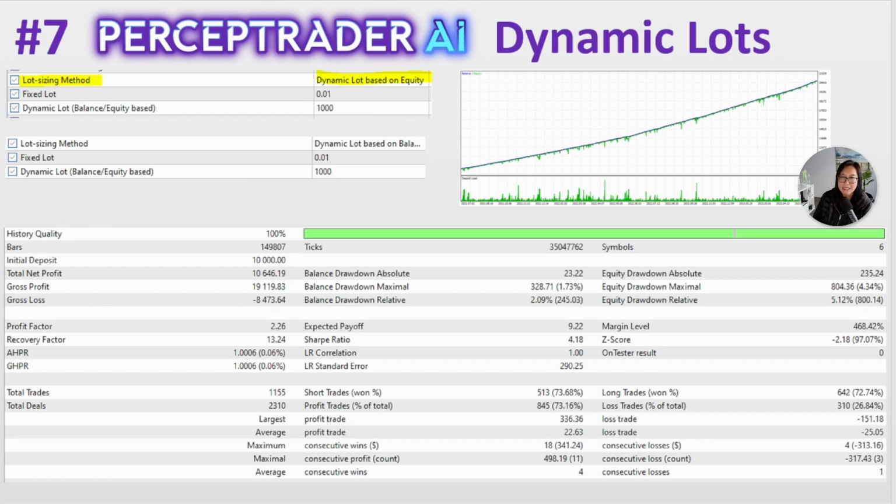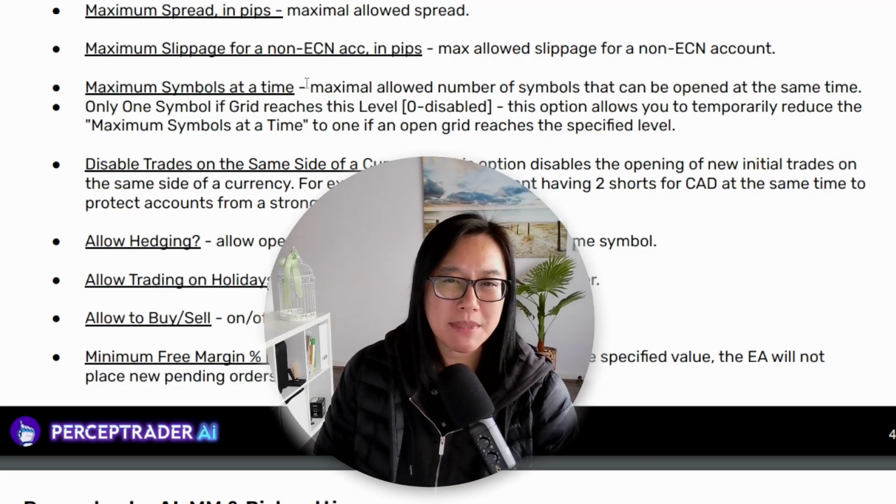Now you are starting to see an improvement in the profit versus the drawdown. This profit is $10,000, whereas our drawdown is only at 800. So the ratio between the profit and drawdown has increased to about 11-12. The maximum symbols at a time is fairly straightforward, which is the maximum number of currencies that can be opened